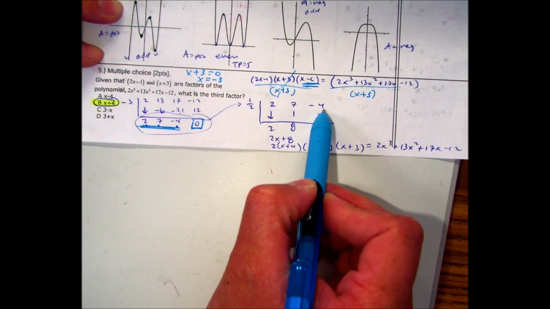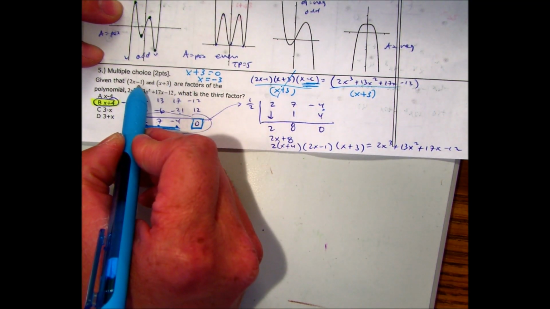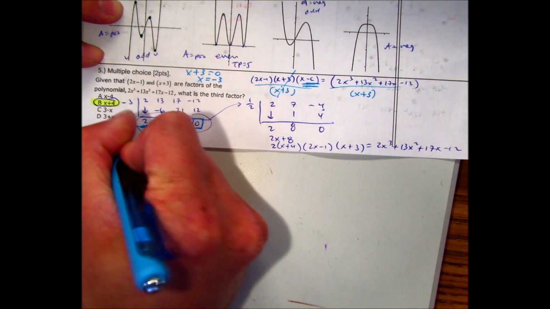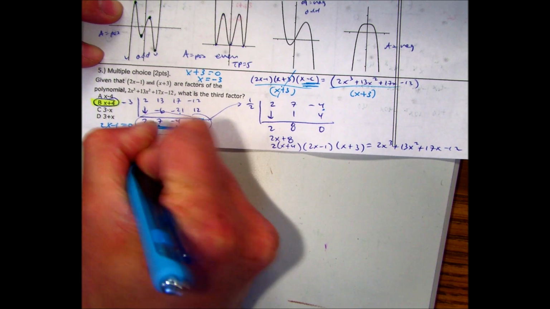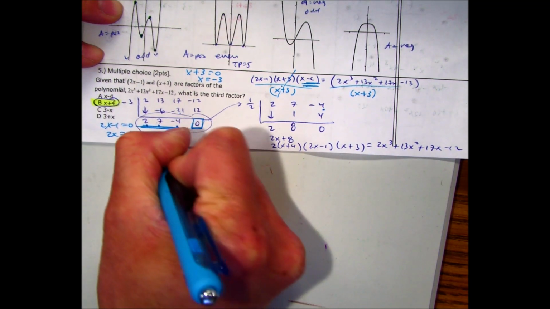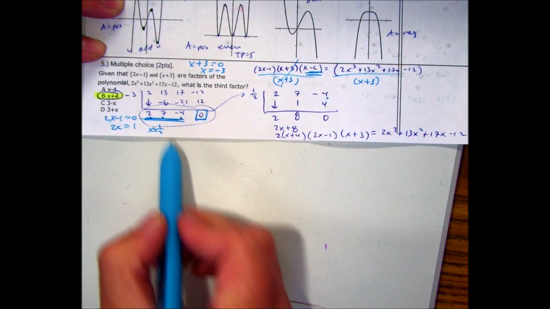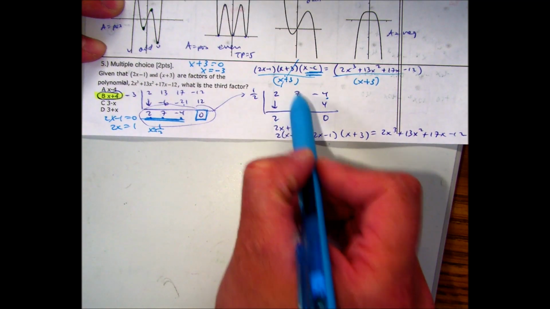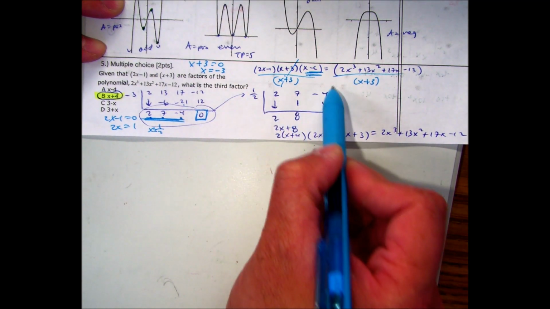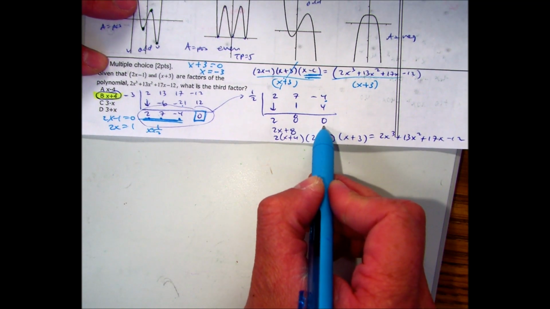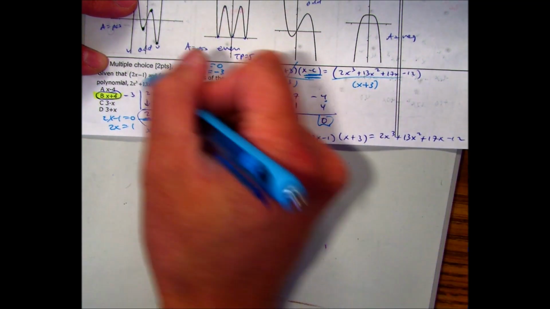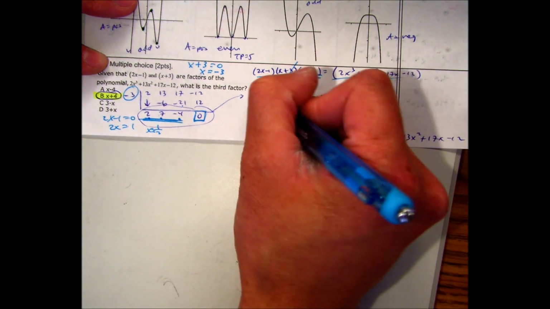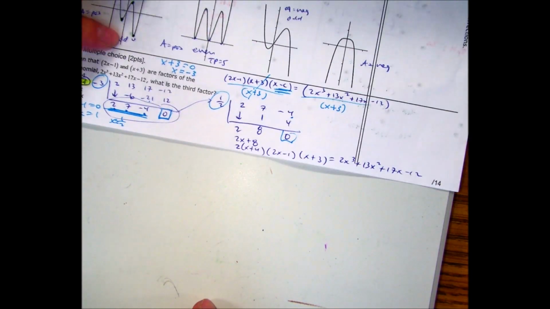2, 7, and negative 4. 2x minus 1 is the other factor, and you just set that equal to 0, and you get x to be 1/2. Well, if I use x equals 1/2, multiply, add, multiply, add, then I get 0 as my remainder. So I know that x is equal to negative 3, x is equal to 1/2, and the other one I'm